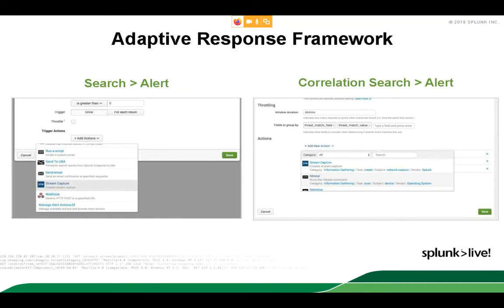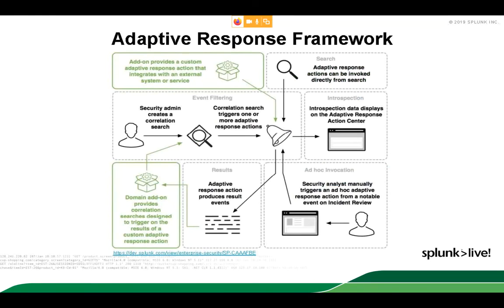So you can do orchestration automation directly from enterprise security without having the SOAR platform as such to start with. However, SOAR platform gives you different capability altogether. So you can't compare adaptive response capability with the SOAR platform, of course, but adaptive response gives you the way to take automated actions. Okay,